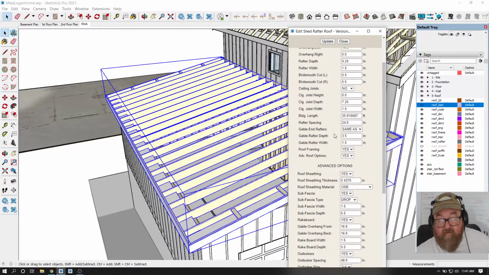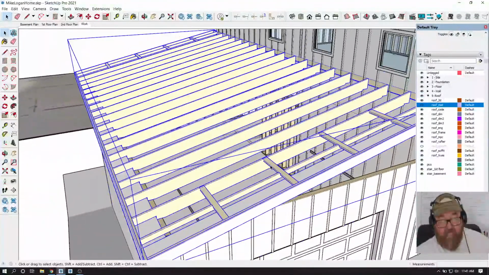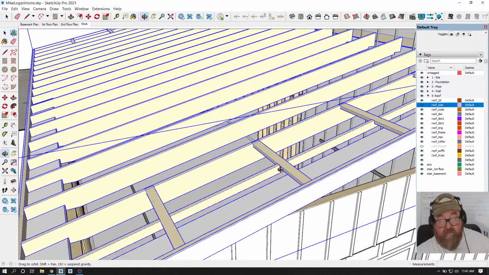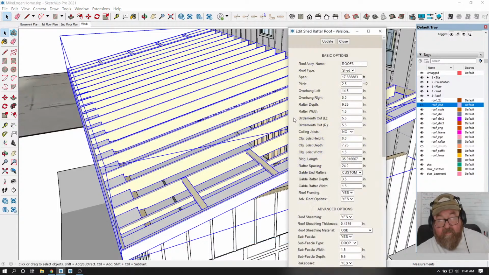Oh, here we go. There we go. Now what we do is we notch out, let's see, the gable end rafter should be